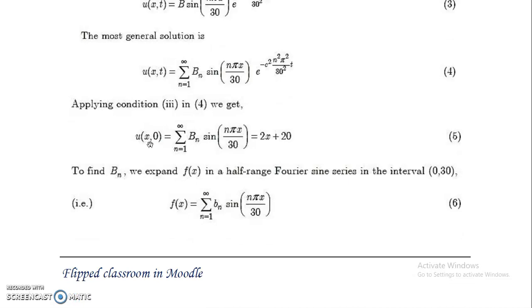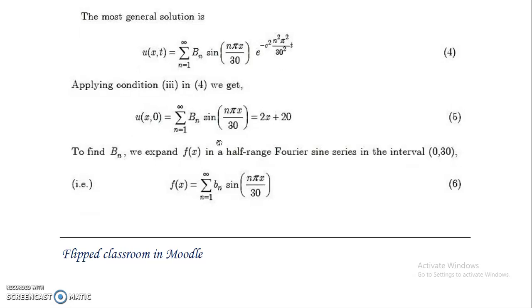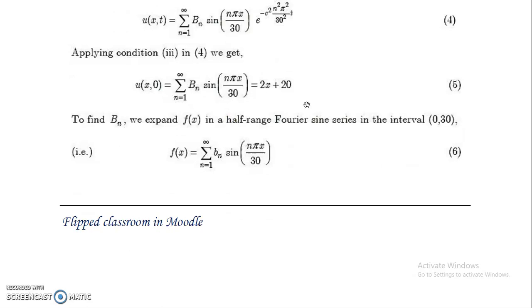The last condition is u of x comma 0 equal to f of x. So replace t by 0. Obviously e power 0 value is 1. So you will get the format like this. So equation number 5 shows that the second half of the solution is going to be Fourier sine series. One thing you have to remember is that in the 4th unit, application of partial differential equations, in all the problems which come under one-dimensional wave equation and one-dimensional heat conduction, the first half of the solution will be applying the boundary conditions. After applying all the boundary conditions, you will get a formula like this. It has to be in Fourier sine series format.